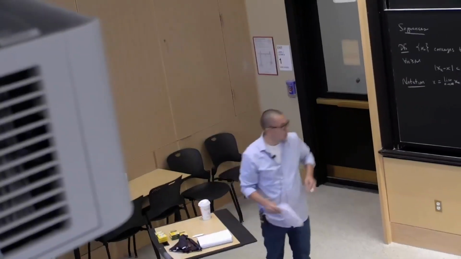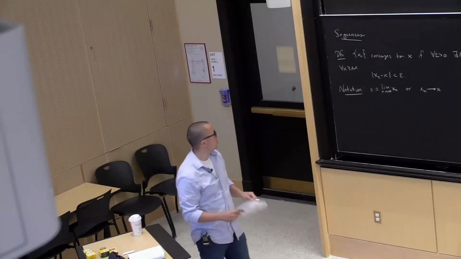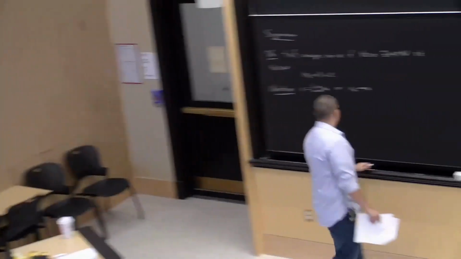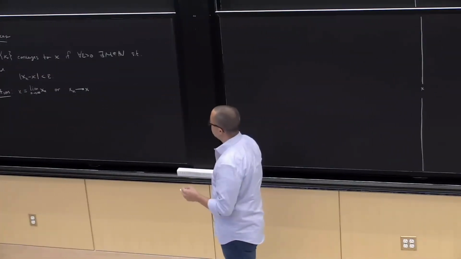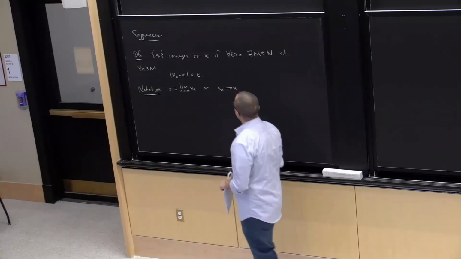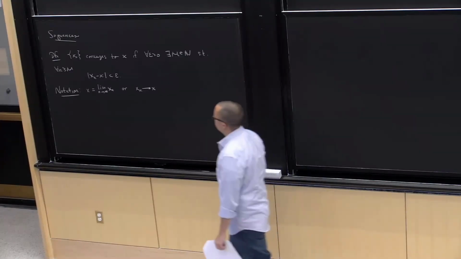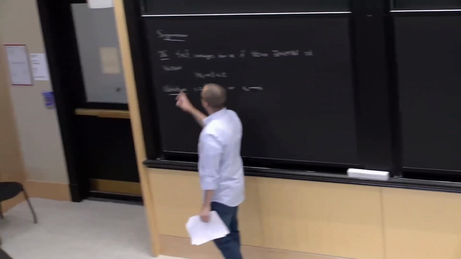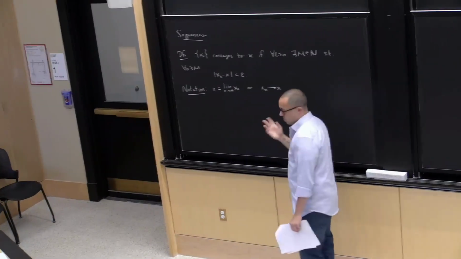Okay, so last time we were talking about sequences, and I introduced the notion of a limit of a sequence. So we say that x_n converges to x if for all epsilon positive there exists a natural number M such that for all little n bigger than or equal to capital M, we have |x_n - x| is less than epsilon. So what this definition says